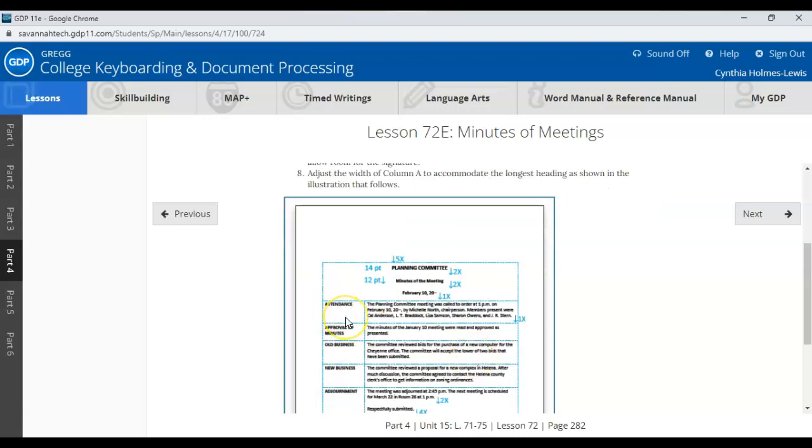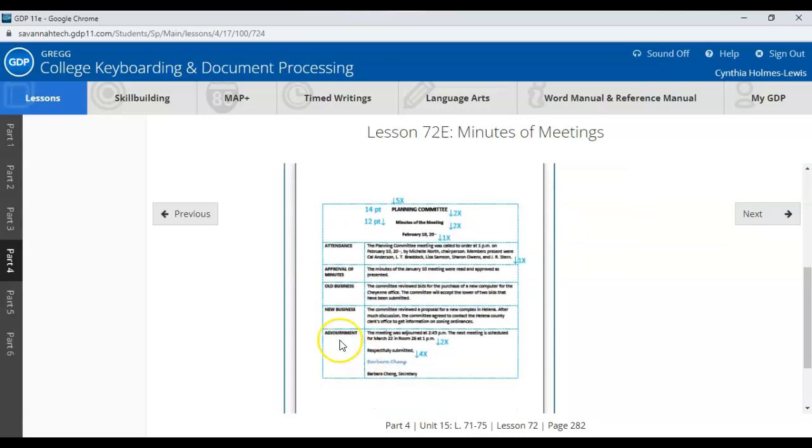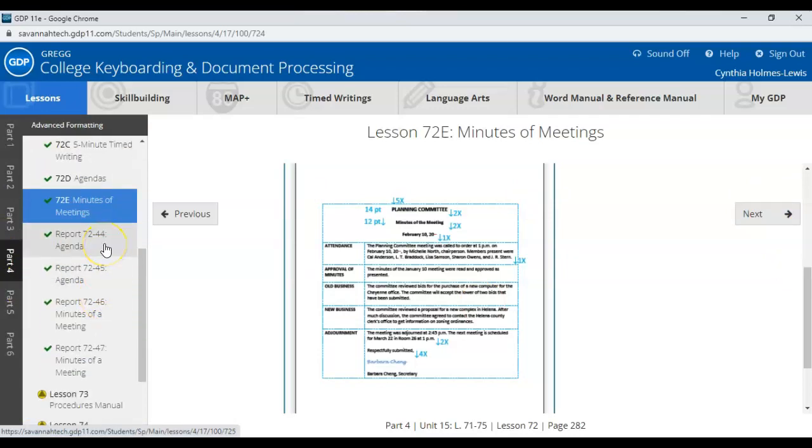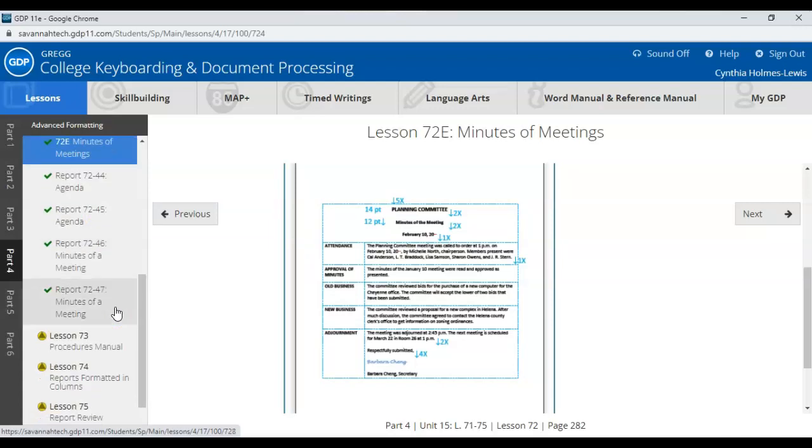Then you have the attendance, approval of minutes, old business, new business, and adjournment on the left-hand side, and the detailed information on the right-hand side. In that you will end up having documents 7244, 7245, 7246, 7247, and I'm going to travel to